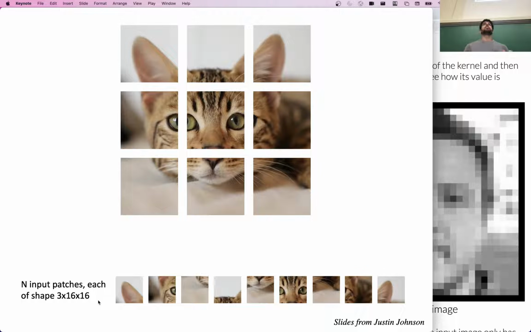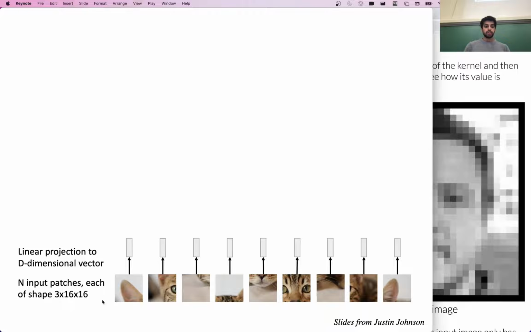Each of these is 3 by 16 by 16, where the 3 is for the RGB channels in this image. So 3 by 16 by 16 is not that big, right? You take the pixels, linearize them, and then pass them through a linear layer just to reduce the dimensionality of each of these patches.